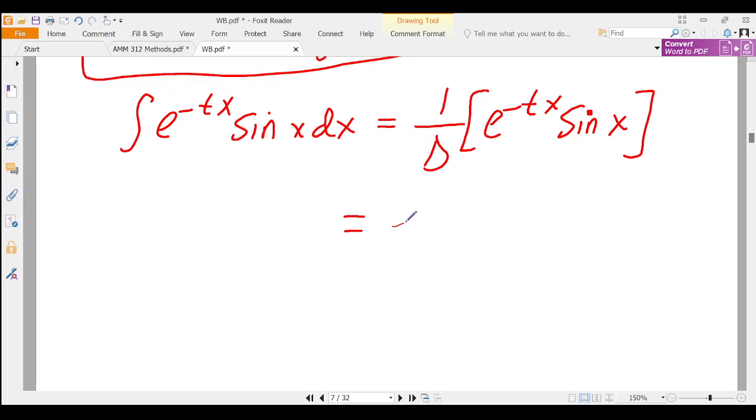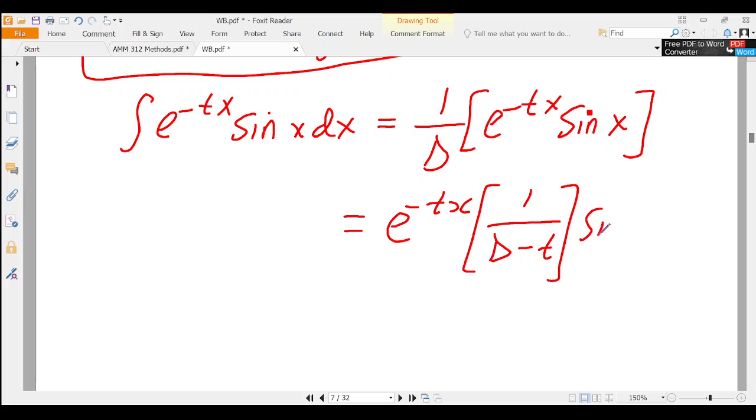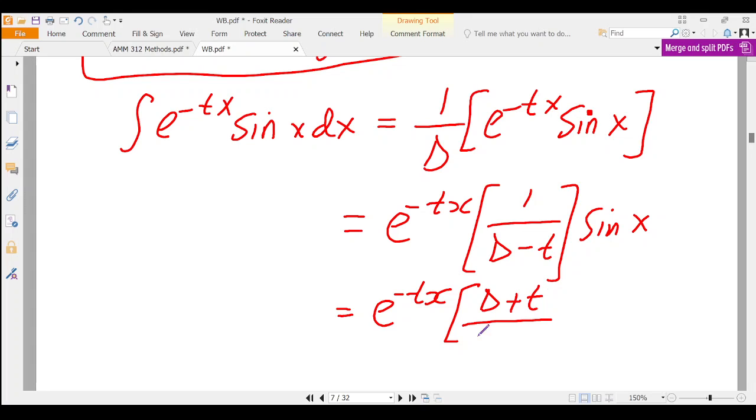Theorem 2, which we write as e raised to power negative tx, then we have 1 over D minus t operating on sine of x. And this will give us e raised to power negative tx, then we have D plus t all over D squared minus t squared, sine of x. When we apply theorem 3,